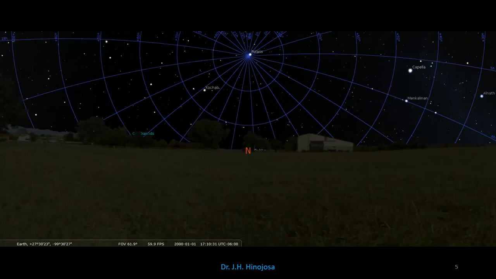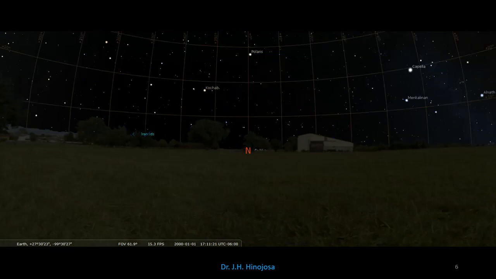And we can also add an equatorial grid. The equatorial grid has the coordinates of the celestial objects on the celestial sphere. We'll come back to that in a minute. And we can also add an azimuthal grid, which has the